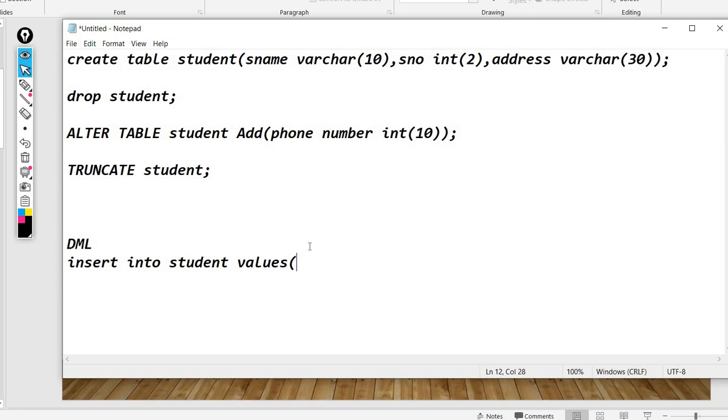I've given the student name, right? The name I can give as any name, in double quotes. I'm giving Teja.